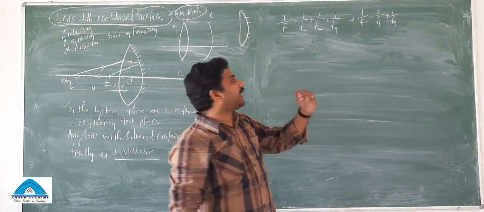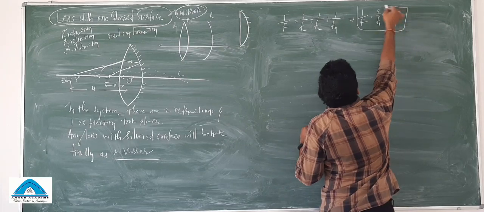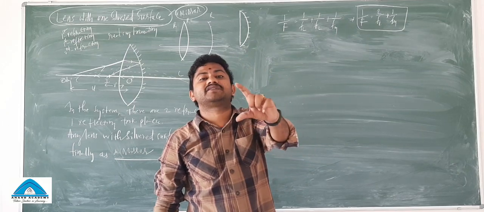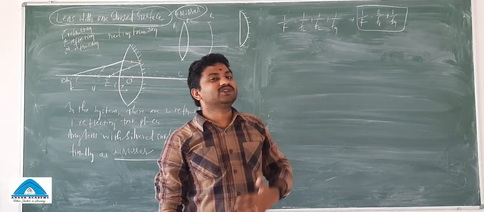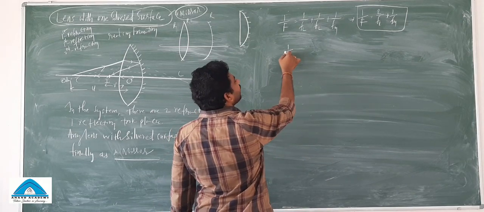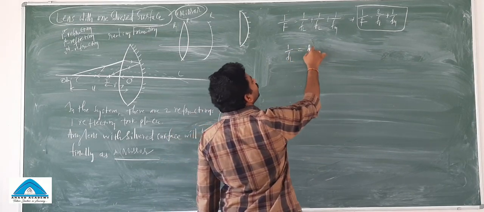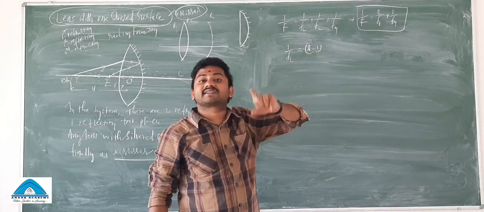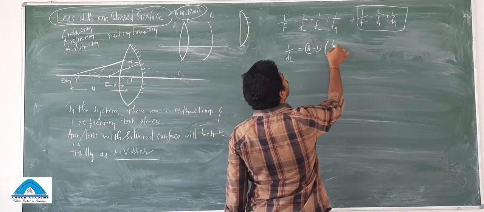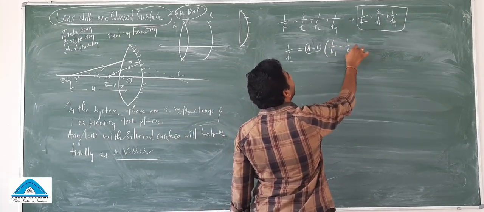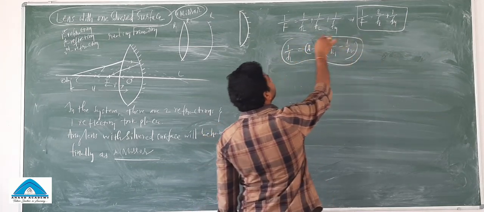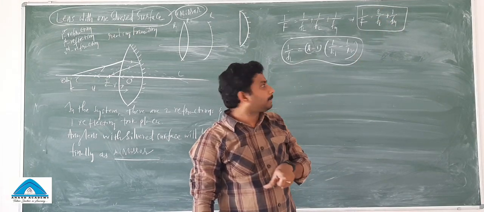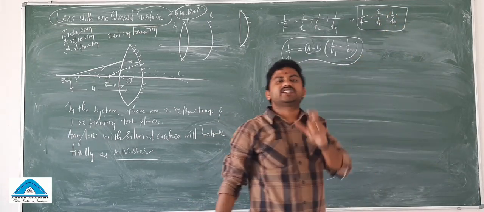Okay, now one by one we will discuss. So what is this 2 by FL? 2 is a constant, keep it aside. 1 by focal length of the lens. You know how to find the 1 by focal length of the lens, right? 1 by focal length of the lens you can find out by using the concept called lens maker's formula, where mu is relative refractive index, mu minus 1 into 1 by R1 minus 1 by R2, and you can use this and find out this value. And 1 by FM, what is the focal length of a mirror?